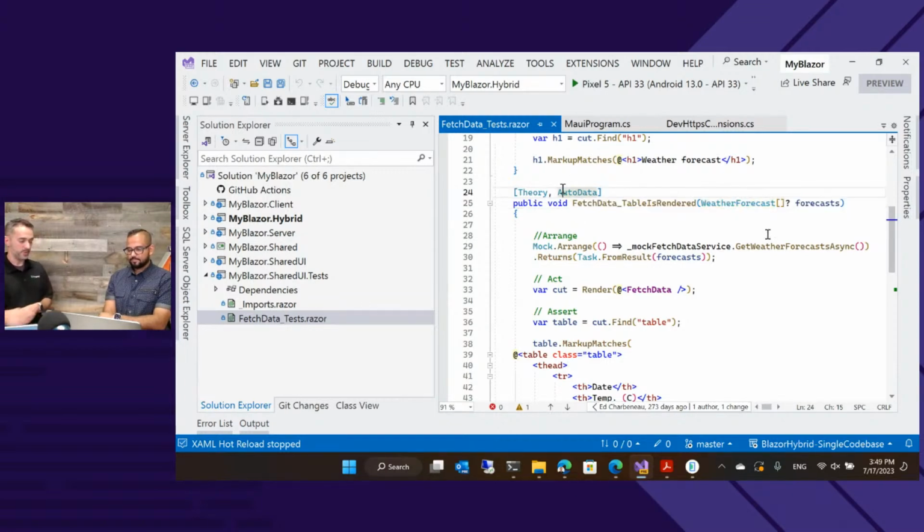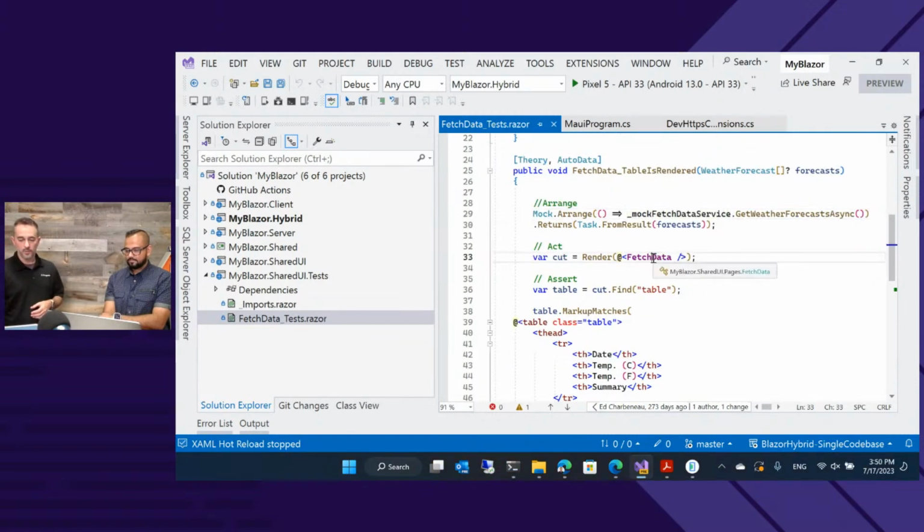This AutoData attribute sees that and goes, I'm going to create an array of weather forecasts that have unique values, and it fills it up. Then it passes it into JustMock, which then says when somebody calls this method on this interface, I'm going to give it the values that were created by AutoData. So you don't have to create a fake data set. We'll render our fetch data component, which uses the weather forecast interface, or the fetch data interface, what I call it here.